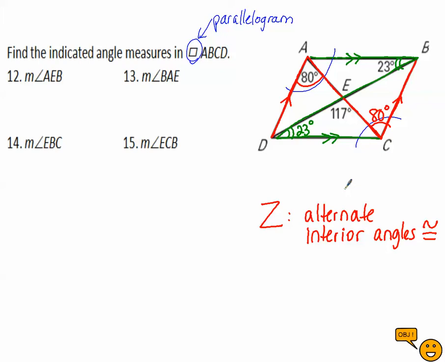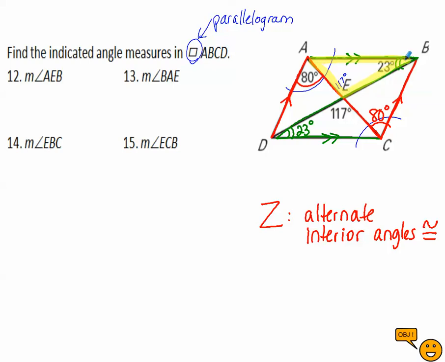Also remember every other property we know about angle measures, like the vertical angles. That always holds to be true. So this 117 degrees is the same as this 117 degrees. Also remember, you know a lot about triangles. How much do the angles of triangles always add up to? That's right, 180 degrees. So if you take a look at this triangle that I'm highlighting right now,